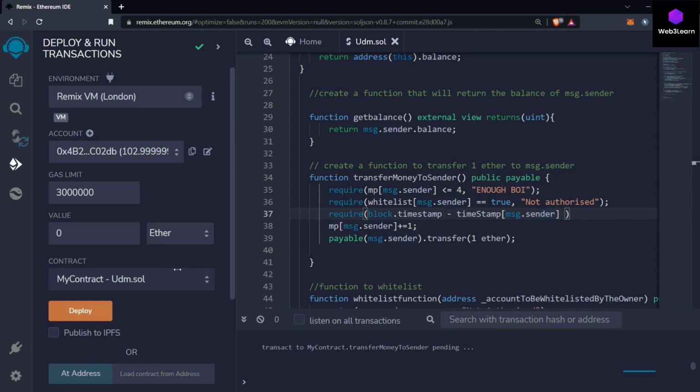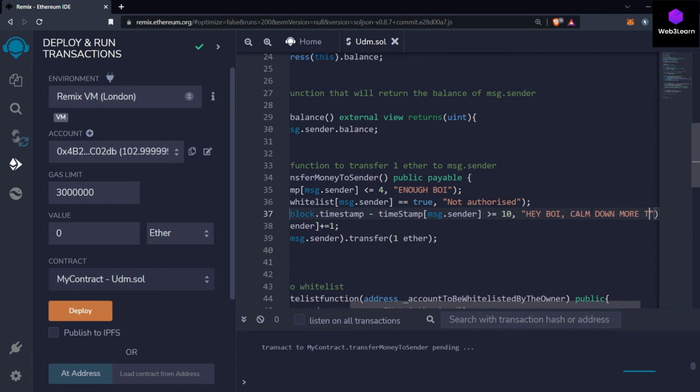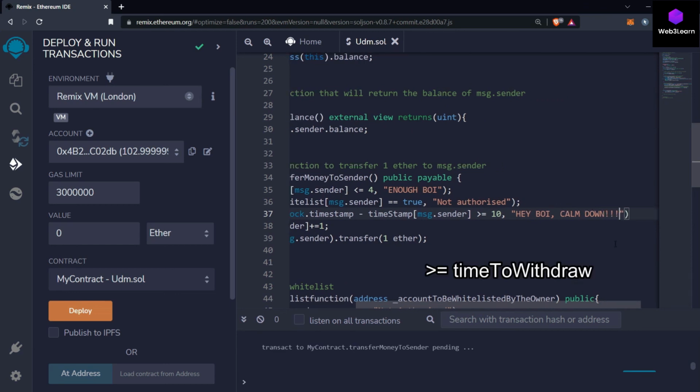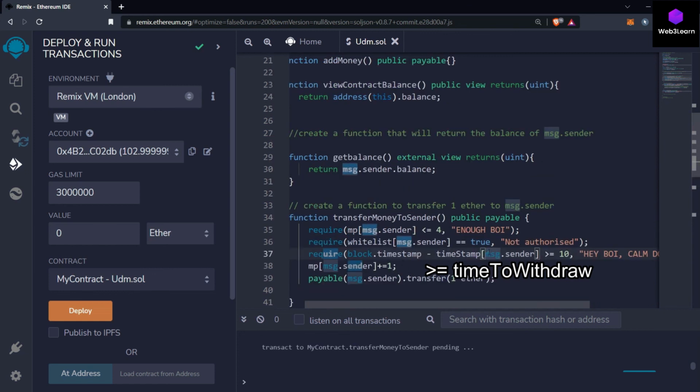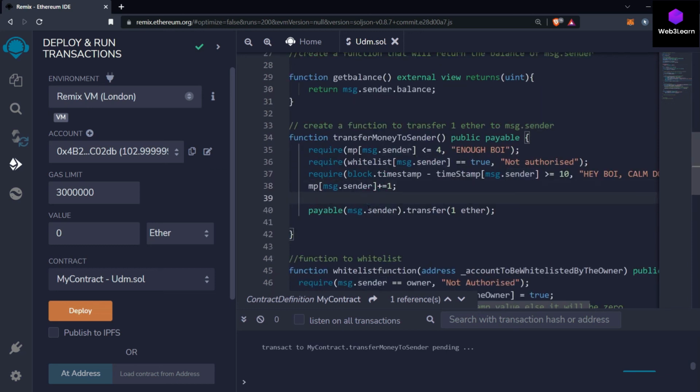And if that is greater than or equal to 10 seconds, the value is of course an integer, so if it is greater than 10, then we will allow, else we will say, hey boy, calm down. Then what I have to do is set the